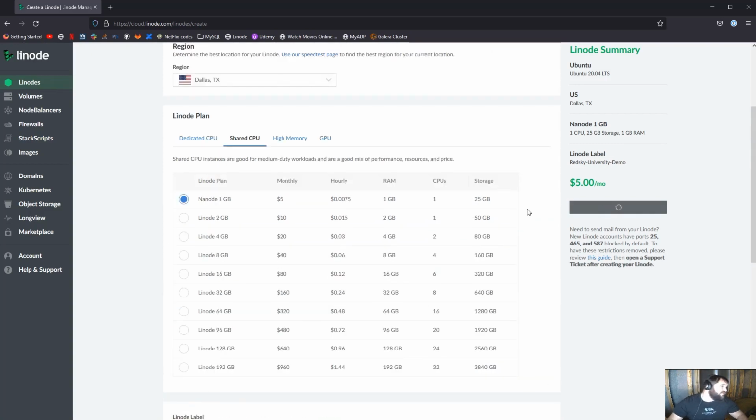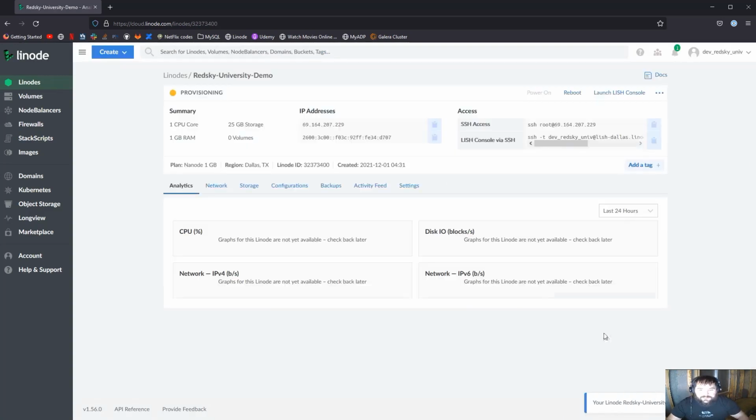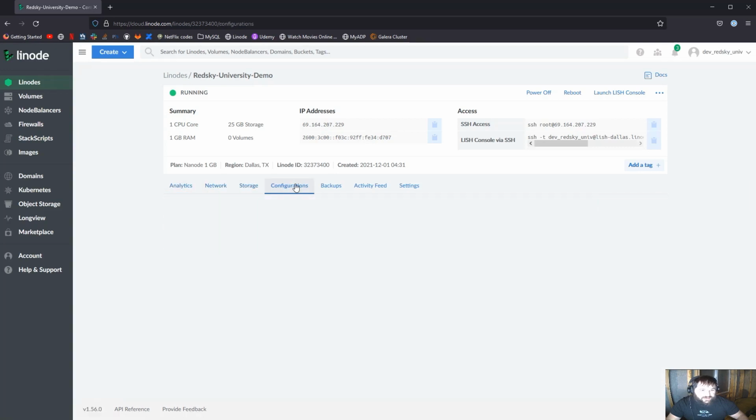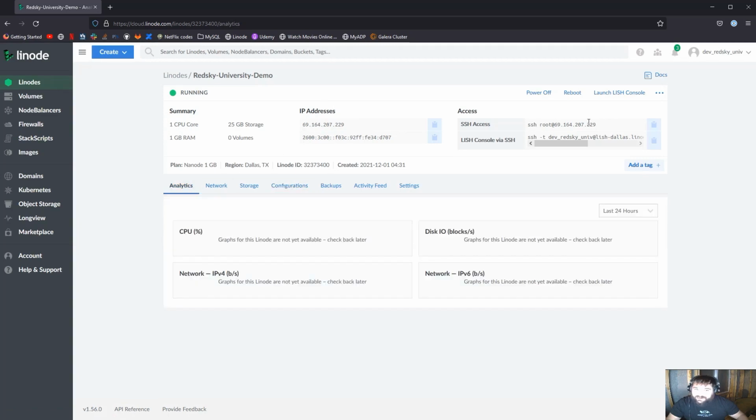It's going to create and provision. All right, and you can see our Linode is done. It's provisioning now, so we'll just let it do its thing. All right, perfect. We can see that our Linode is up and going. Give a quick overview of the diagnostics. You can see what's going on with your server, everything like that. Right here we have our root